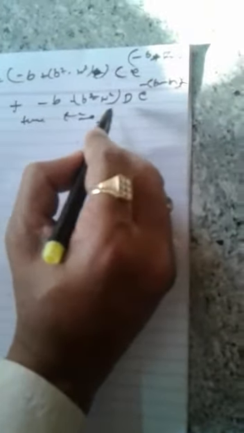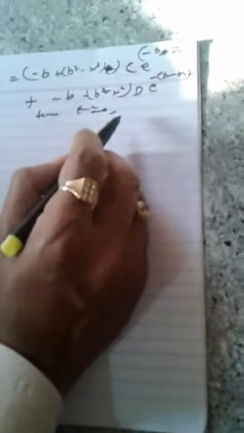Same, you know that here what is the time here? Time is equal to the initial point, that is 0. Okay, time is equal to 0. If time is 0, then dx by dt is also 0, the rate of change of displacement is also 0. Therefore this will become 0.